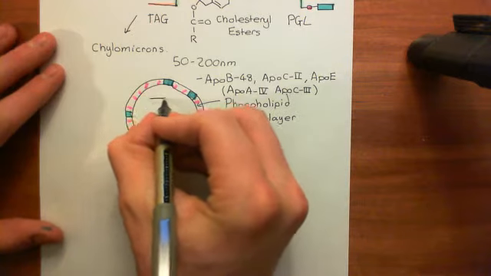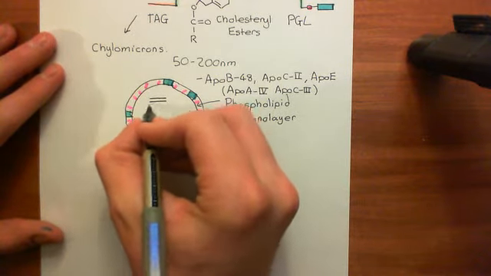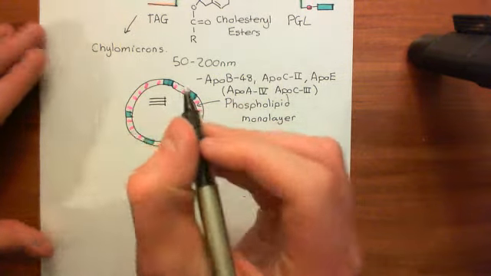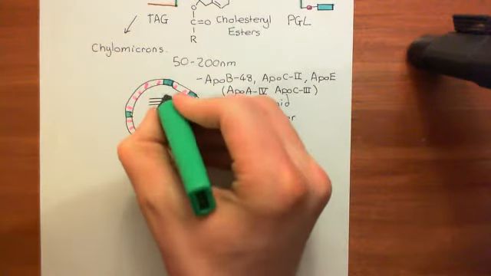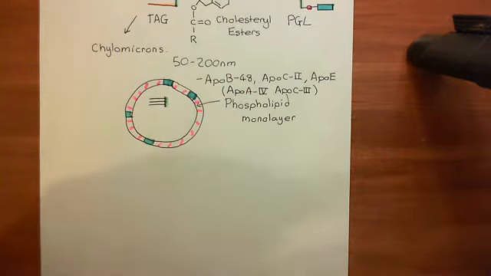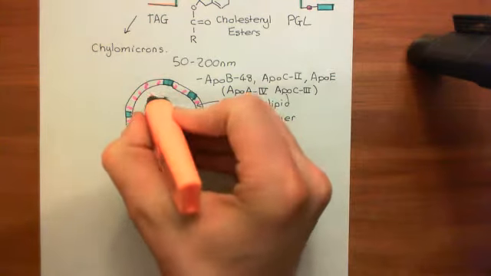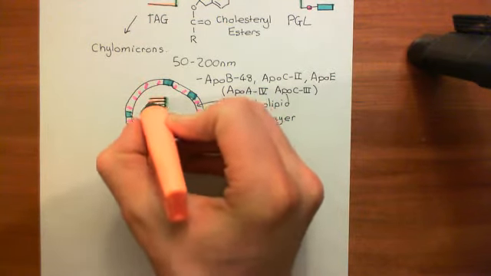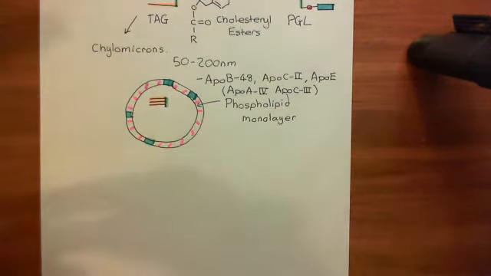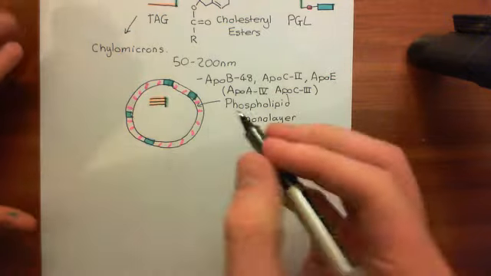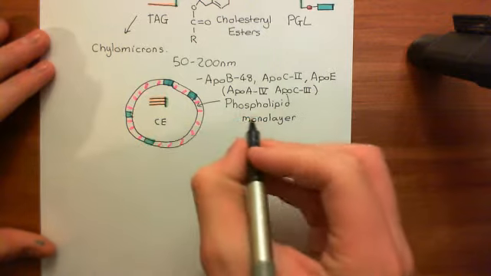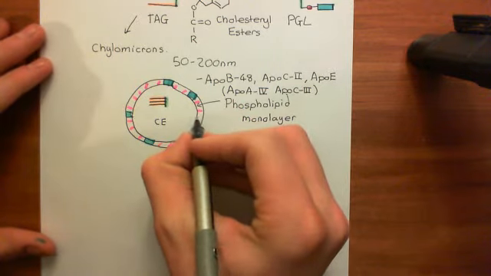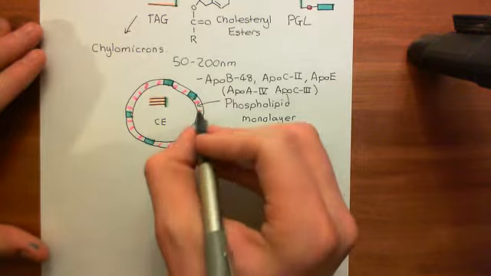Now, in the core then of the chylomicron, you will have a huge number of triacylglycerols. Remember, this is the main dietary intake of fat molecules that you're going to be getting. Triglycerides are the main form of dietary fat, so you've got a huge number of triacylglycerols within the lipid core. But you will also have cholesterol esters, which I'll just denote as CE. And in addition to that, you're also going to have a few cholesterol molecules within the chylomicron,